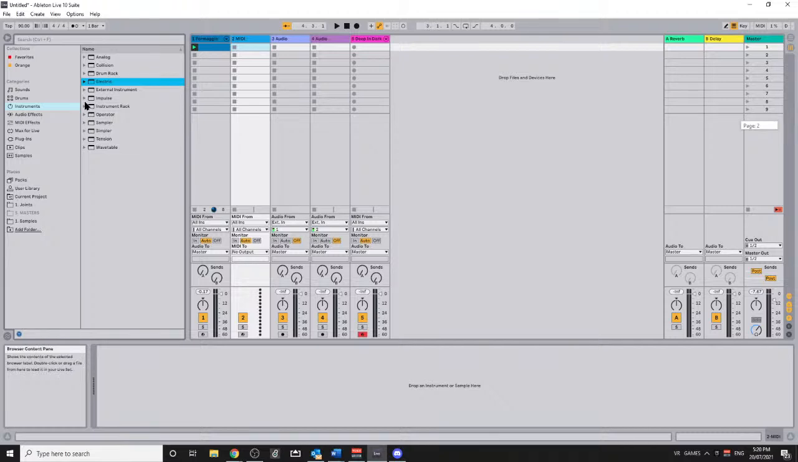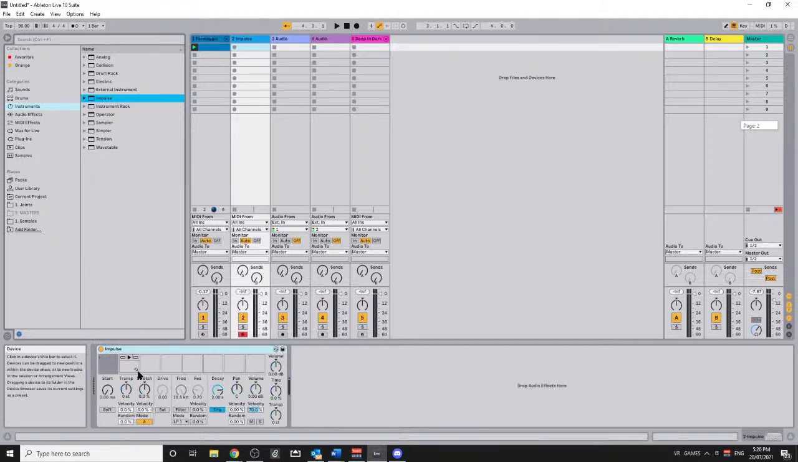Impulse is like the OG drum rack. It's kind of like the 808. If we have a look at it briefly, instead of a square of samples that we can shove in there,